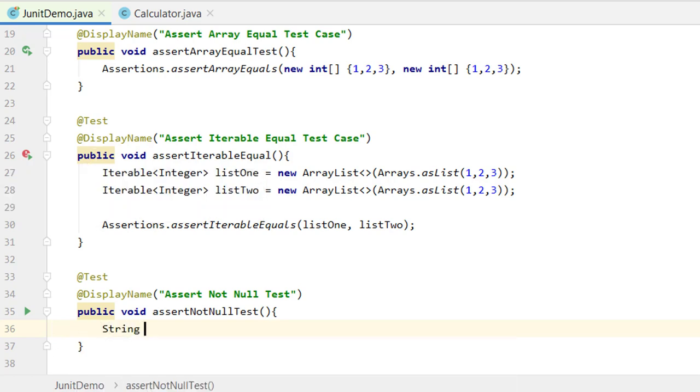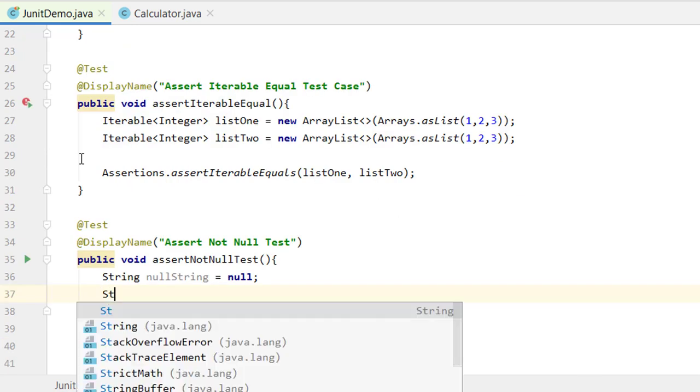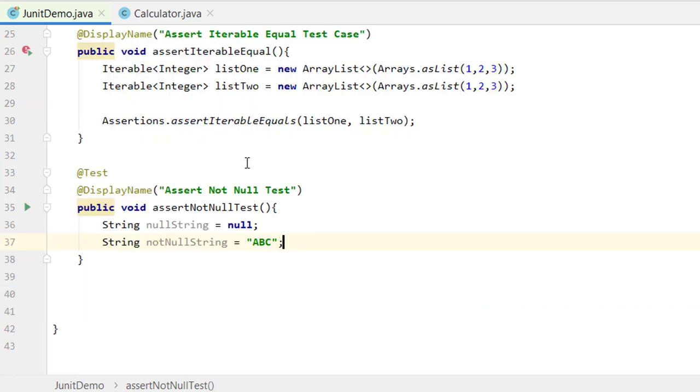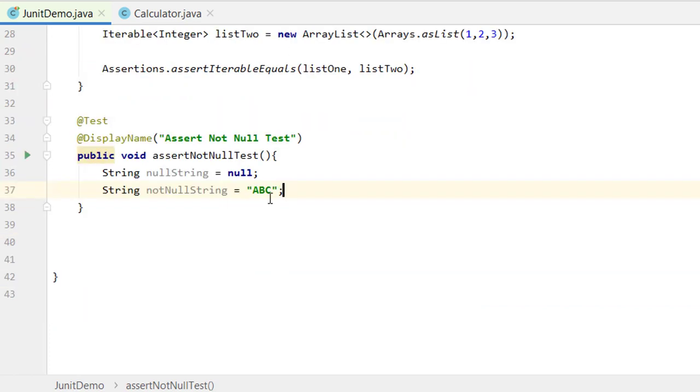Let me give a null string, its name is nullString, and let me provide null in here, and then let us create another string which is notNullString. It will be some name, let's say ABC. Now let us see what this assert not null will do.